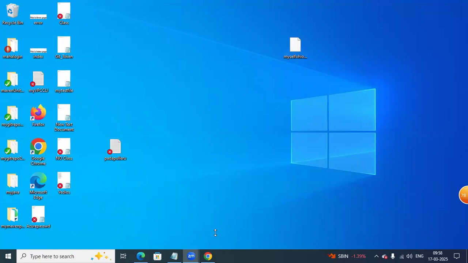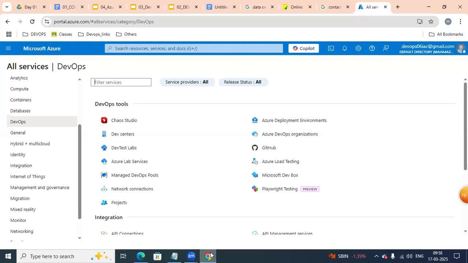You're talking about Docker and Kubernetes now. Are you going to teach us with respect to Azure, or generally? Generally, and with Azure also, both. So what is Docker and what exactly does it do? We're going to be learning totally one month of Azure DevOps, Docker and Kubernetes. One month we're spending, completely learning. We'll do one project on top of it.